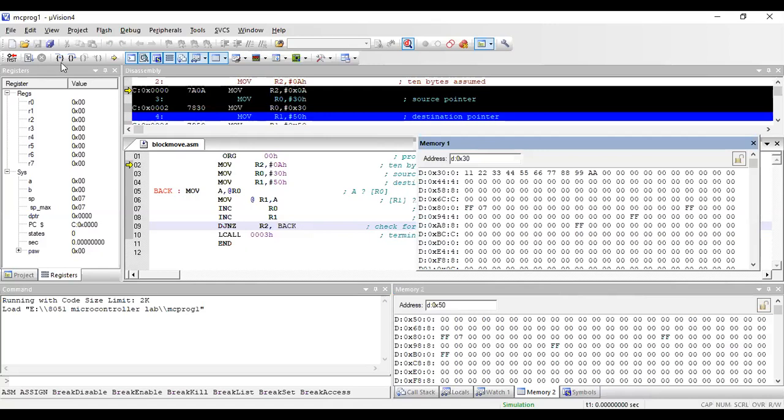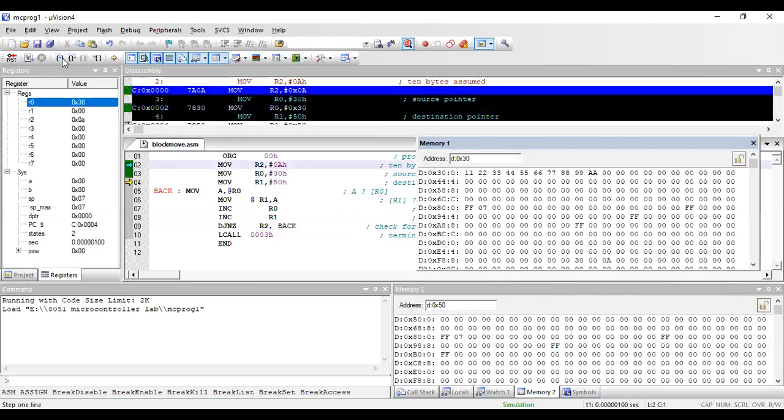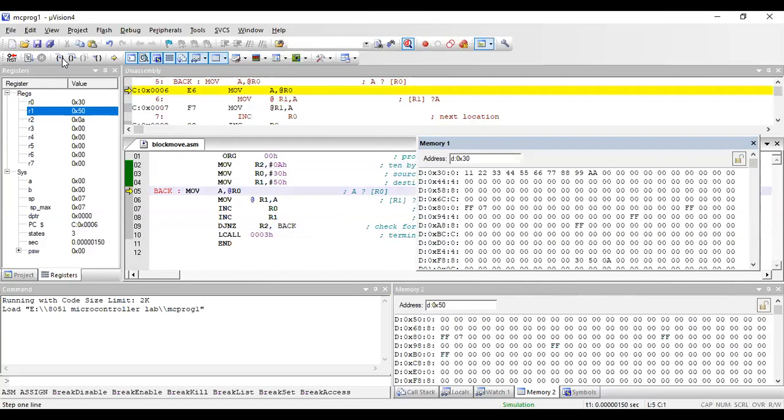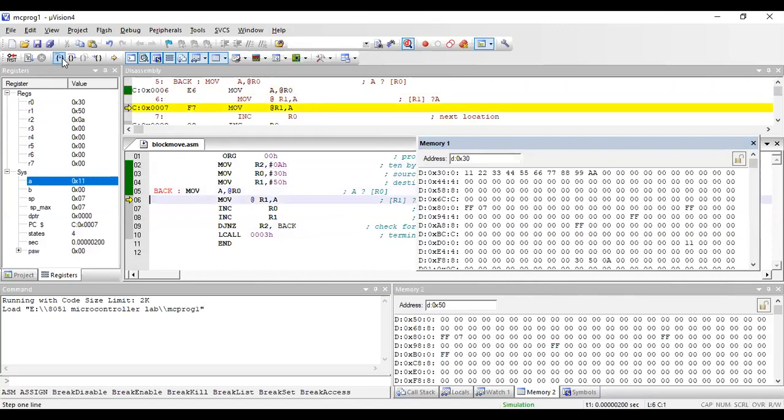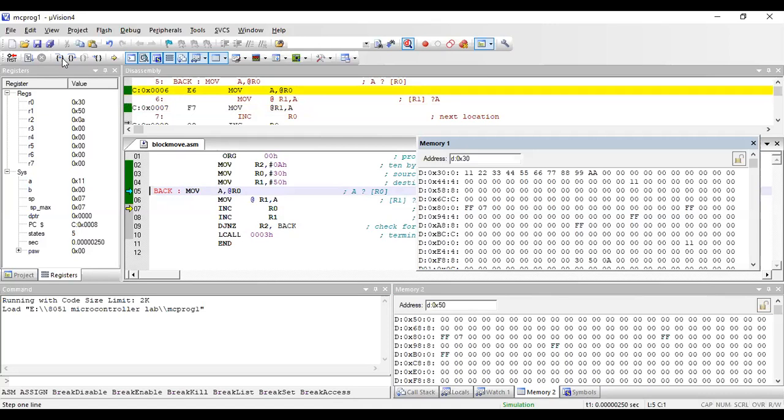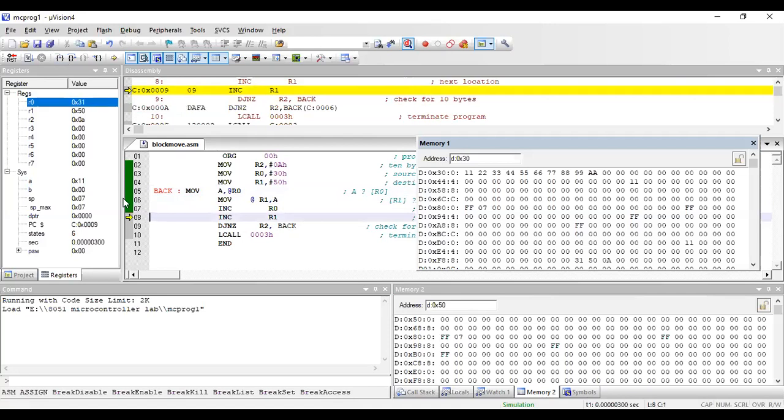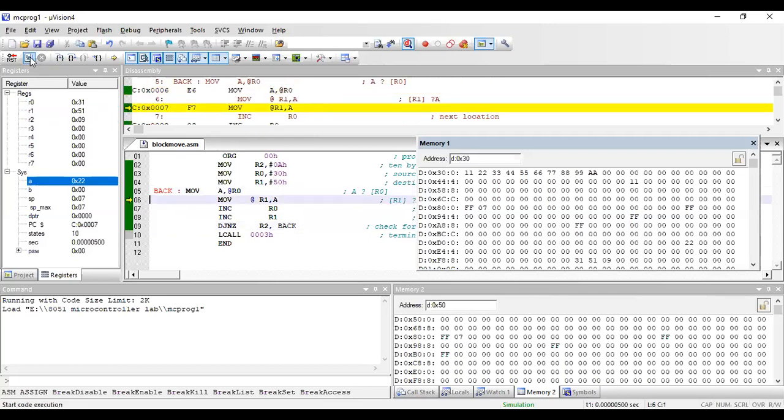So if I do step by step procedure, right, I'll enter into one by one step by step procedure. You can see that first move is done, right? So I'll be moving the first data, right? Now I got the first data in accumulator, that will be moved to the location which is 50th location, correct? See, this is what is happening. So right, and again increment, go on doing this. So when I do that, it goes on, values get executed, right?